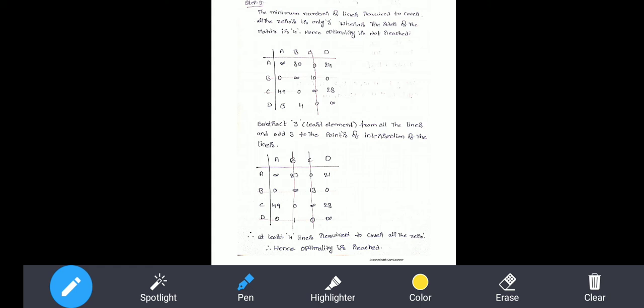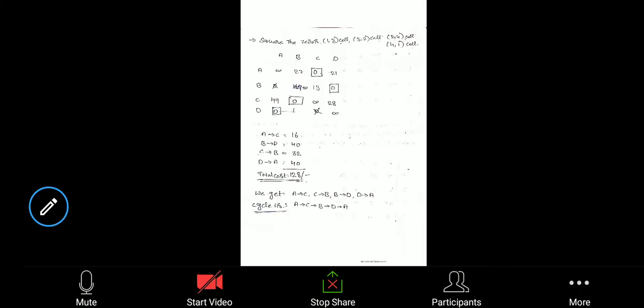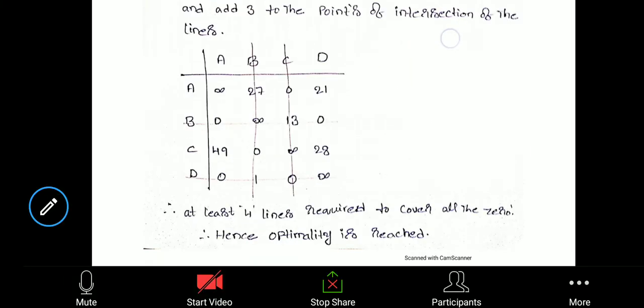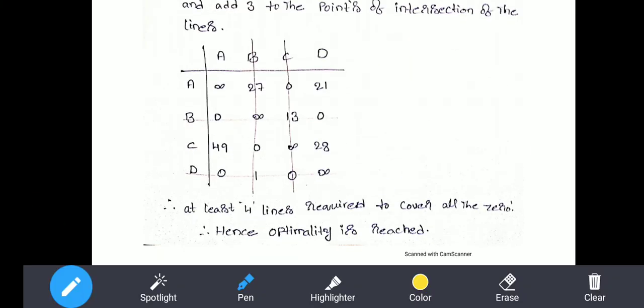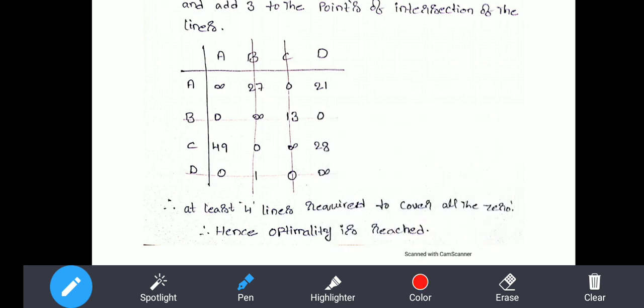Now we can apply the next procedure, that is making the square blocks. I explained that to you in the previous slide itself. So making the square blocks, row wise, you can verify row wise. In the first row, here will be the square, 0 will be there. You can make it a square, and that row wise can be closed. In the second row, 2 zeros will be there. You can leave it. In the third row, only 1 zero will be there. You can make it a square block.